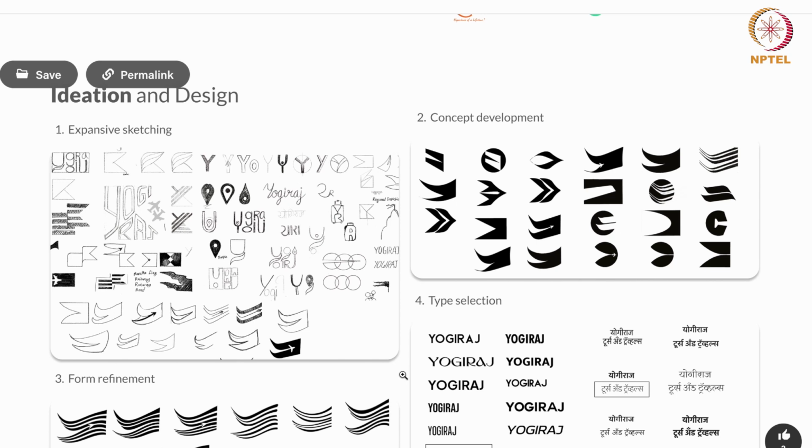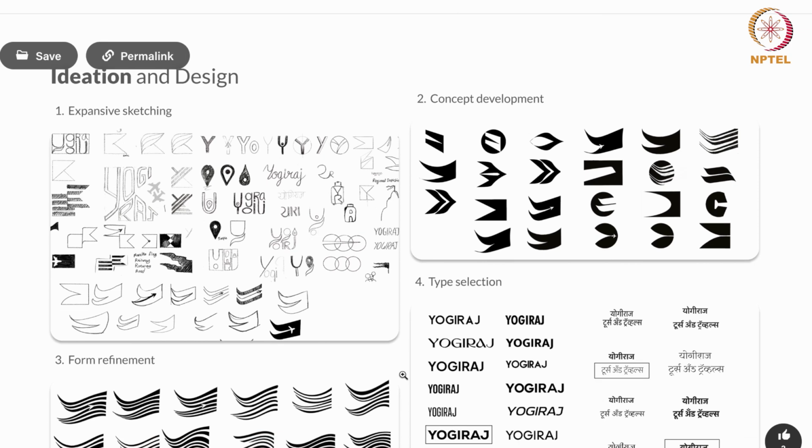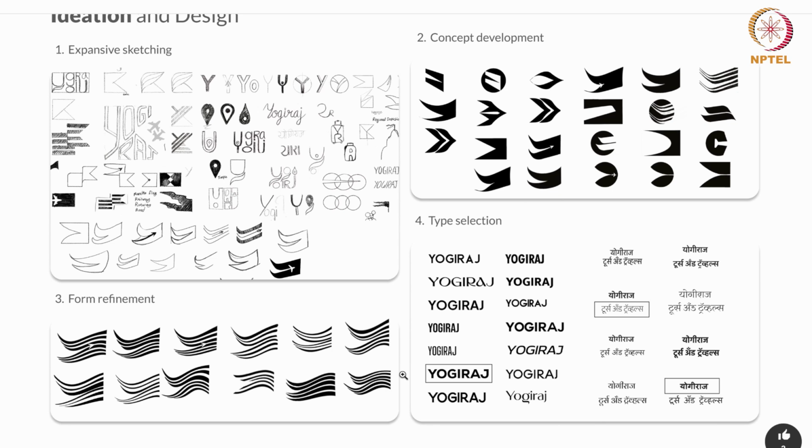Absolutely. I was born and brought up in Maharashtra, so my memory associated with my hometown is the Bhagwa flag, the orange flag. I started off with a surface level ideation, just putting down all the ideas that came to my mind, like this is how it will work, or this is related to spirituality.